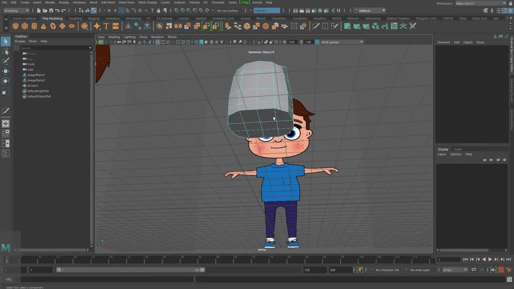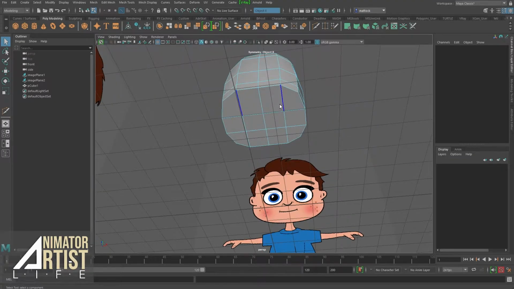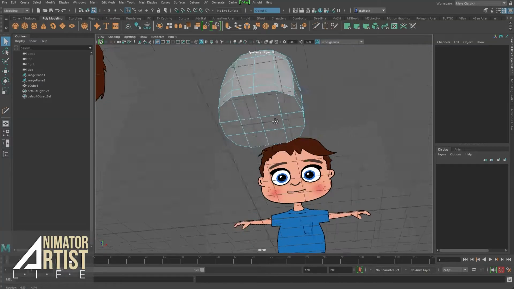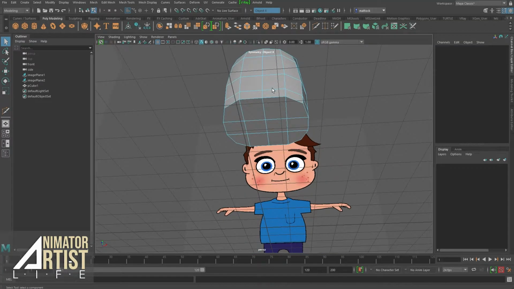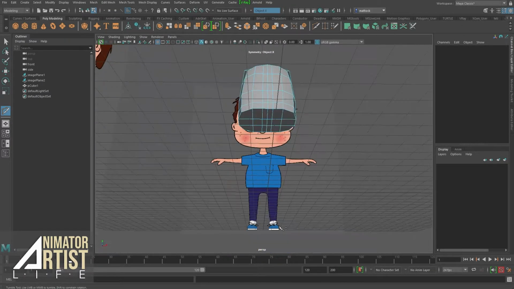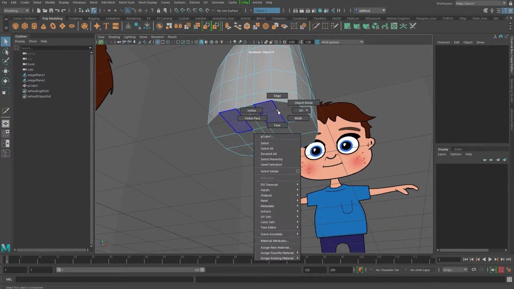So let's look at where we can extrude these legs from. Let's say we want to get his torso coming down here, and we also want a bit of a gap for his legs. So I'm going to add another edge loop in here because we obviously need a gap in between his legs. And let's just get some shapes going.